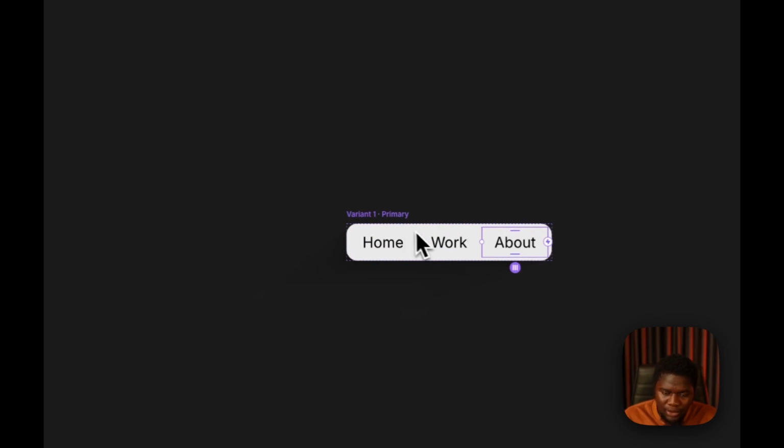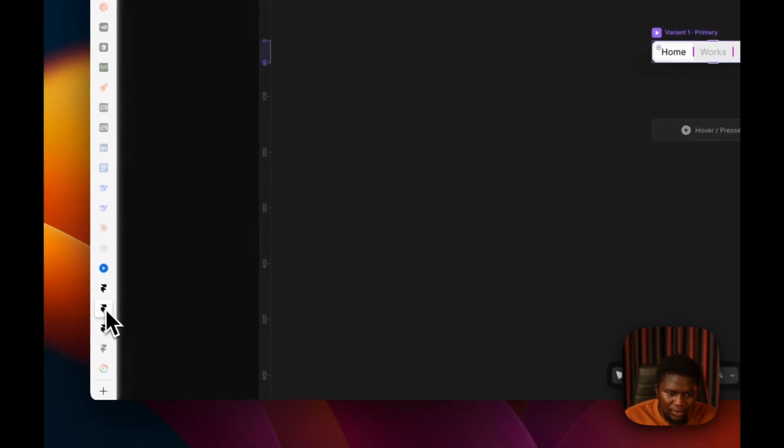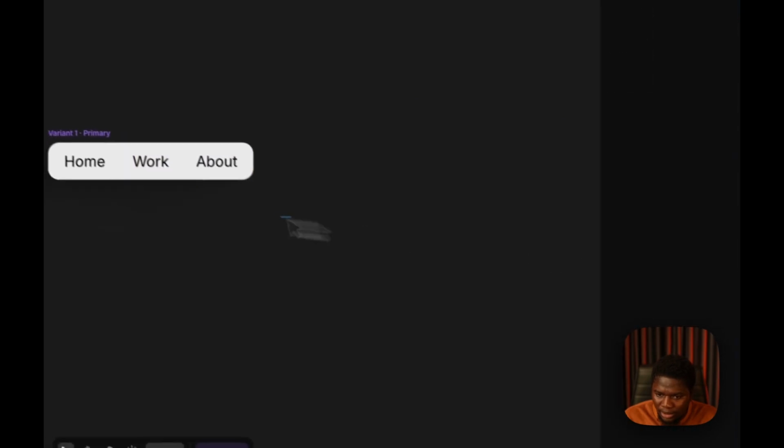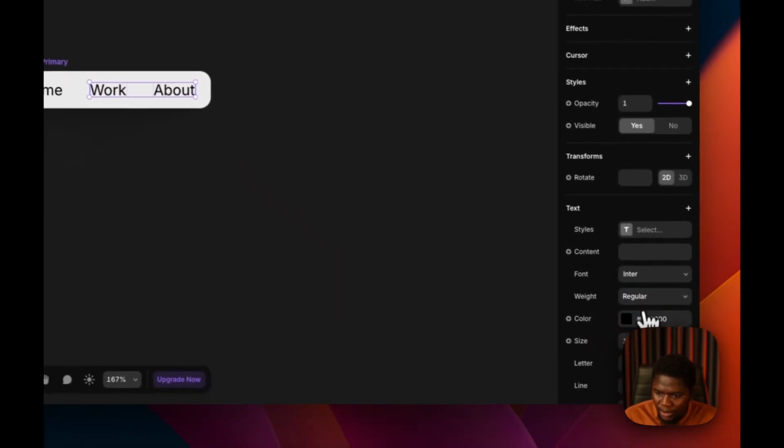But what we want to do is create this kind of effect where as you click, it goes to the next one. So we're going to set the text for this to be